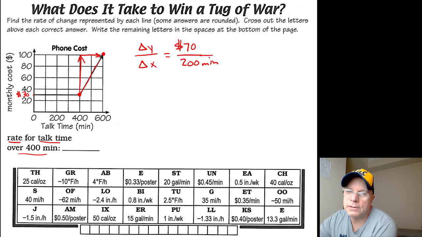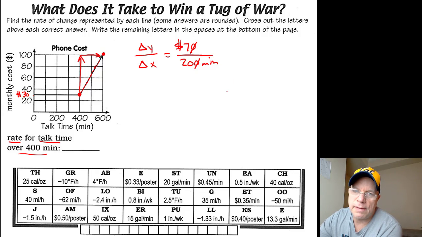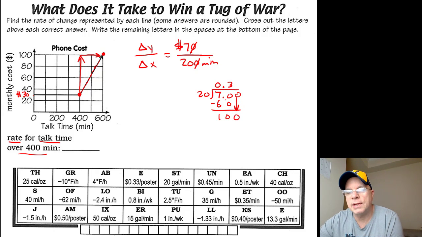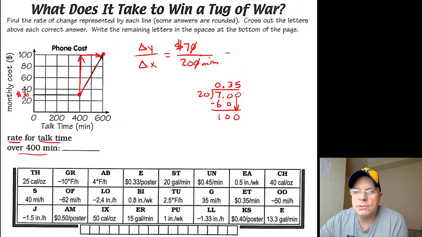70 divided by 200, I'm going to factor out the tens by doing that. You're okay to do it on a calculator, but I'm just going to really quickly do 7 divided by 20. Long division, there's 0 20s in 7. I line up the decimal in my quotient. There's 3 20s in 70. I get a difference of 10 tenths. I bring down a 0 in the hundredths place. It was always there, it just wasn't showing. And there are exactly 5 20s in 100. So this comes out to 35 hundredths of a dollar